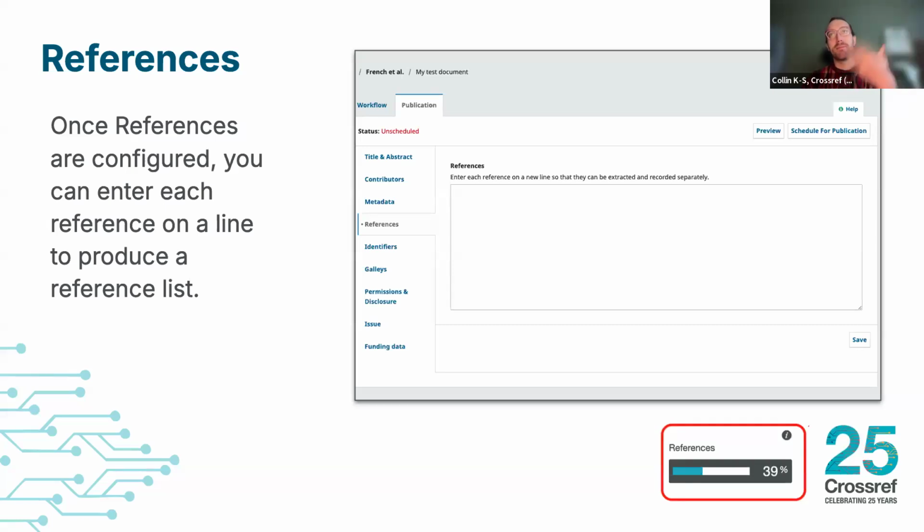And what this does is when these references come to us, our system checks them and tries to find if the articles or books or whatever that the article is citing have DOIs, and then it matches them, it connects them, and that creates a cited by relationship. If you've ever seen a plugin somewhere, that's the little Crossref cited by plugin that says an article is cited by 10 other articles. It's this kind of submitting the references to us.